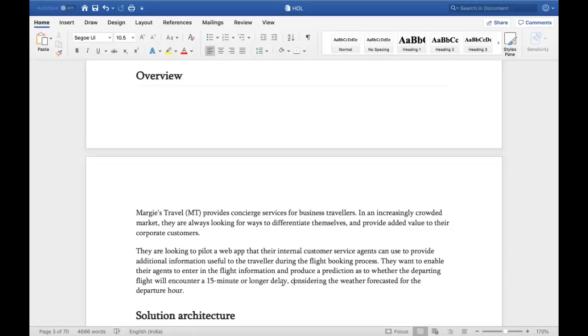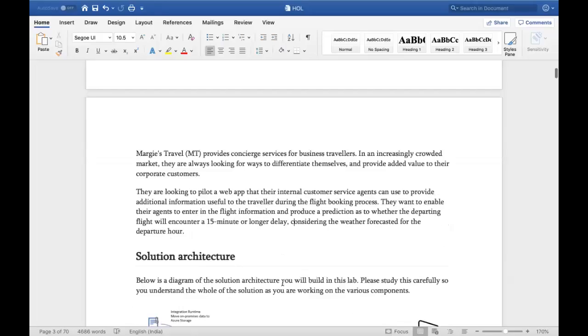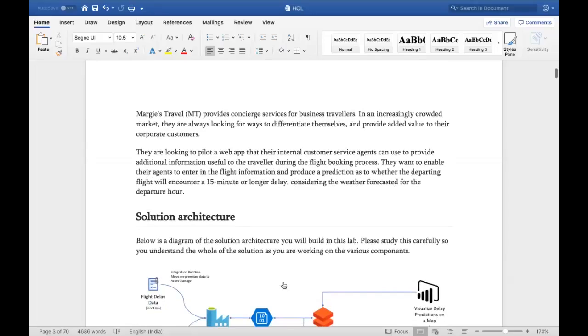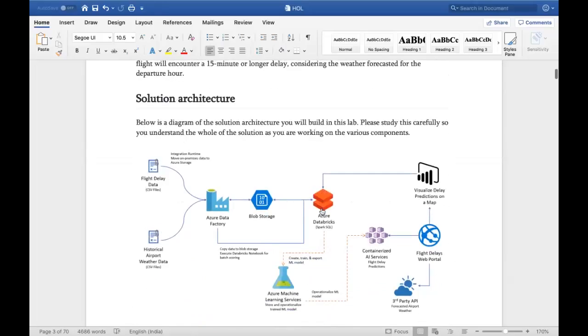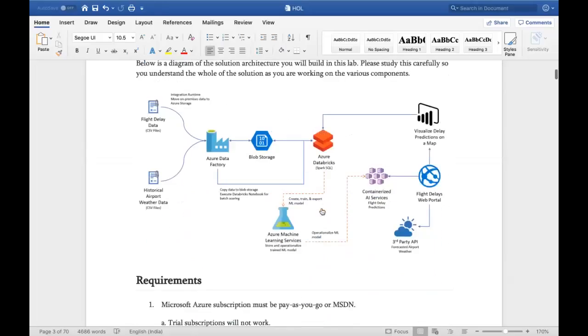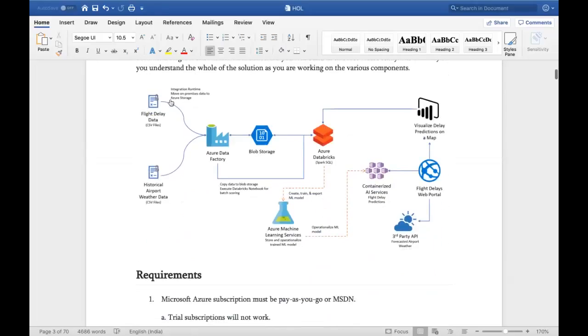Okay. In this process, as it takes a lot of time to create a cluster and create the blob storage, I have created all these things. I'll tell you that one by one, and we'll go and see it. Okay, so this is the architecture we're going to build today. We'll have some existing flight delay data and historical data, weather data, and a combination of flight, weather and airports data. So we'll see those things.